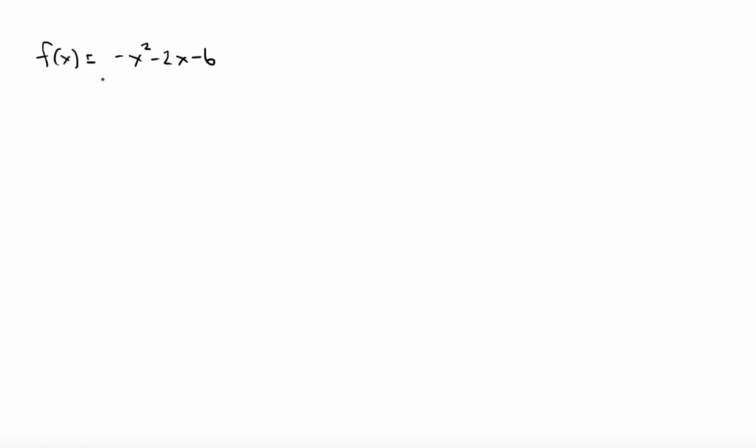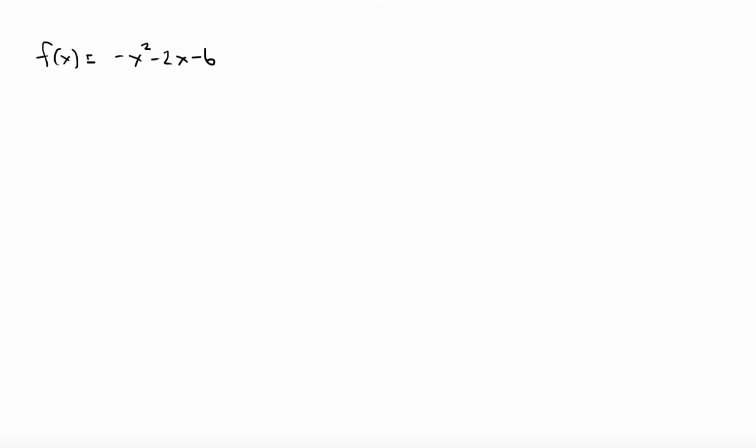All right, so here we have this function f of x equals negative x squared minus 2x minus 6. And we want to determine if this function is even or odd or neither. Now, I suppose we could graph this and check if it has any symmetry, which would give us the answer,